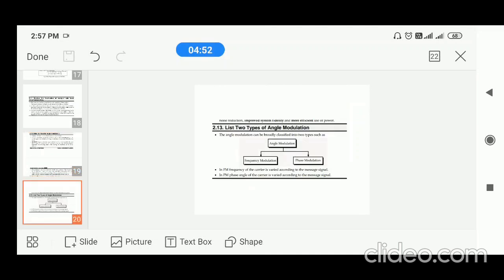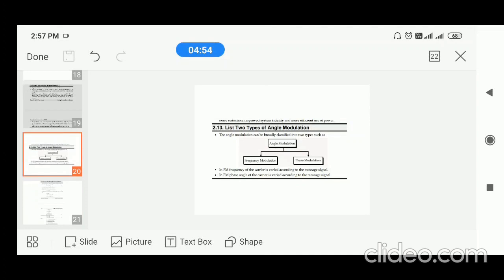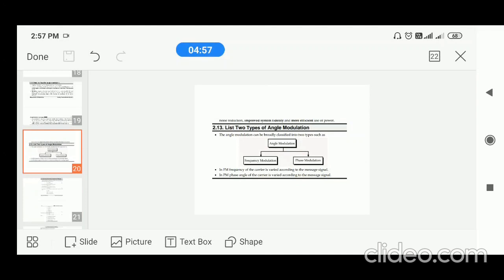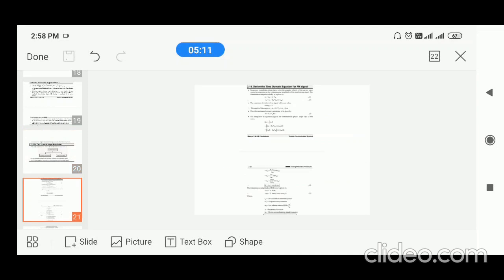Types of angle modulation: frequency modulation and phase modulation. There are two types of modulation: frequency modulation and phase modulation. In frequency modulation, the frequency of the carrier is varied according to the message signal. In phase modulation, the phase of the carrier is varied according to the message signal. These are the two types of angle modulation. The next one is